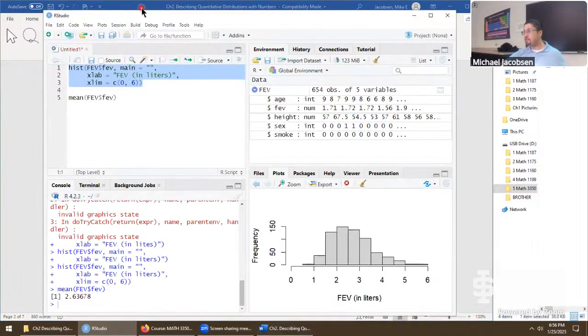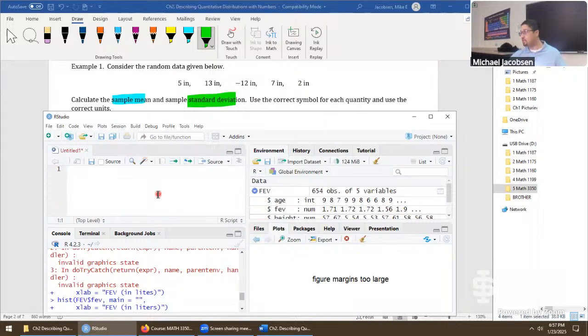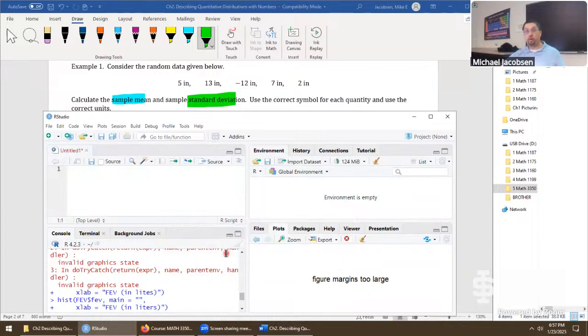To make all this happen, we just go to RStudio and start putting in the data. This is a scenario where I don't have a file for these values, so we're just going to do by hand data import. First thing I would do is hit Control A here, and now just delete. We're done with that script. If I'm doing a new problem, I get in the habit of always clearing the environment. So go here, click that tool, and it wipes everything out.